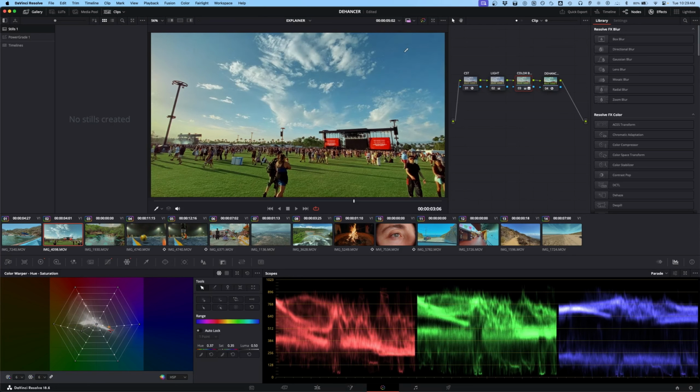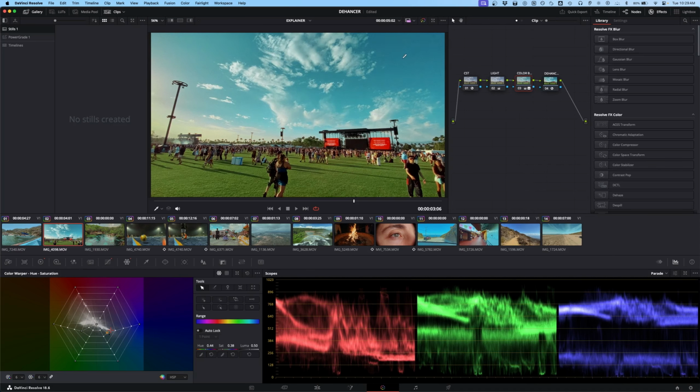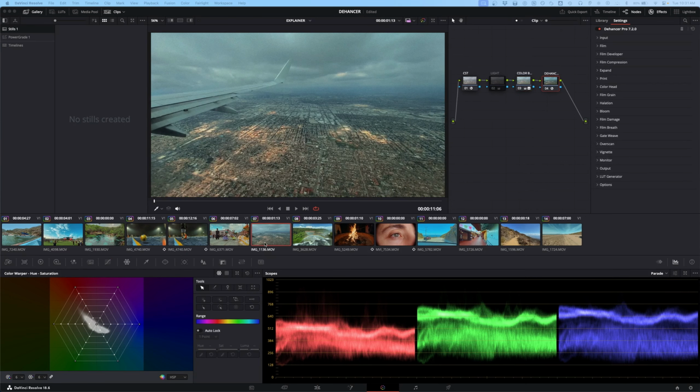So here we go, desaturated, more saturated. So that's why I really love this tool. And that's something that Dehancer is not going to provide you. And this is one of my favorite tools in DaVinci here. All right, so the next one I'm going to walk through is this one,